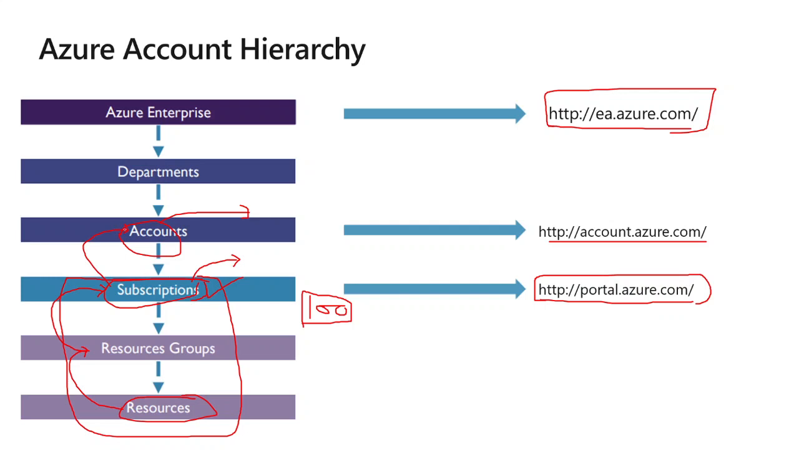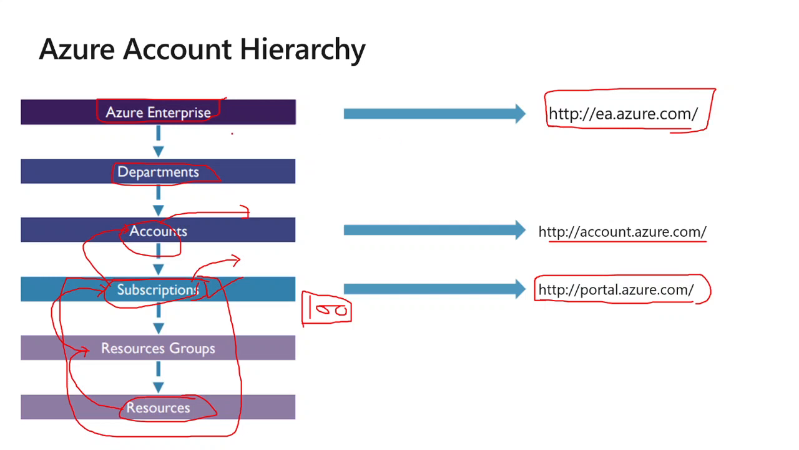So you can segregate at the enterprise agreement level, right? You can have multiple departments, and you can create an EA subscription, not a general pay-as-you-go subscription. We'll come to the subscription types later, how many types of subscription we have. So we can create an enterprise agreement subscription and assign it to a department or any accounts, right? That can be done on